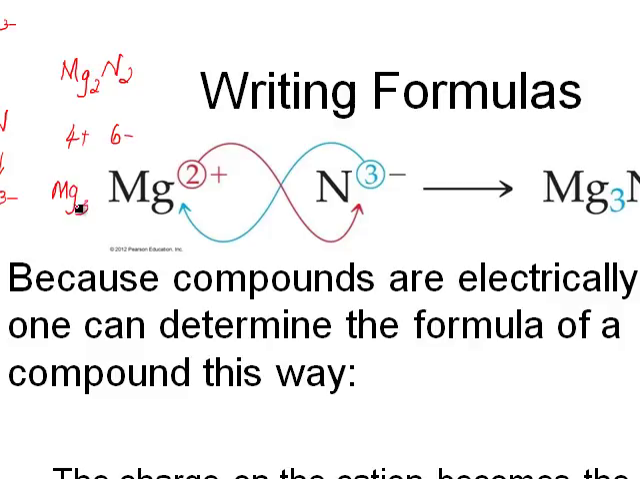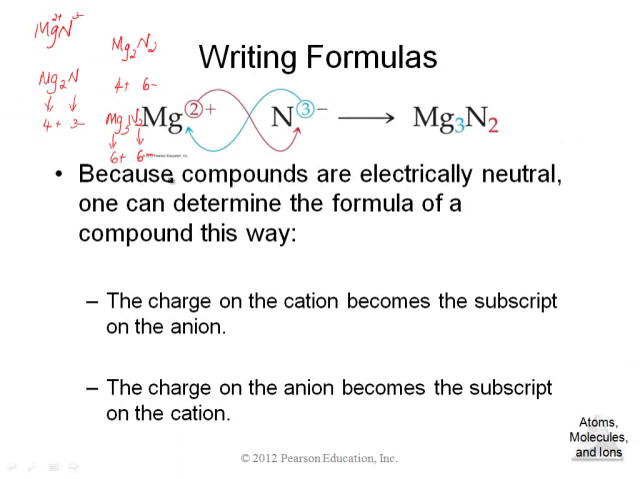3 magnesium will give you 6 positive charge. 2 nitrogens will give you 6 negative charge. Now it becomes electrically neutral. Right? That is where we get the correct formula, Mg3N2. So instead of going through this tedious process of checking one by one, and adding one by one until you get them electrically neutral,